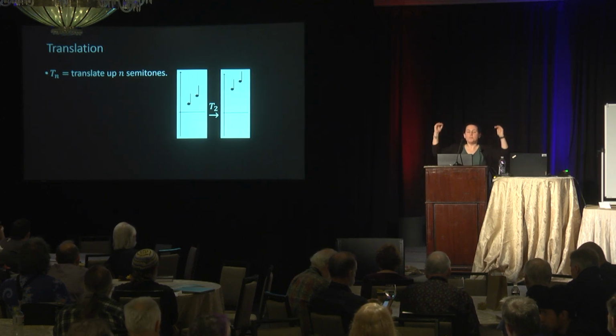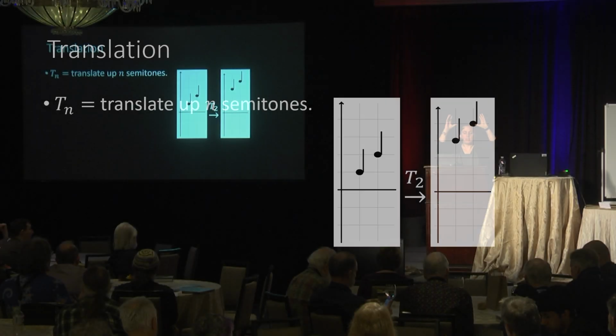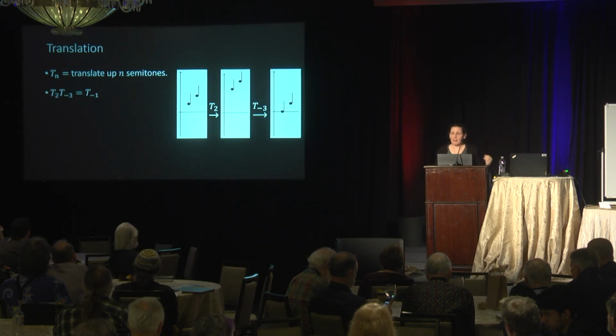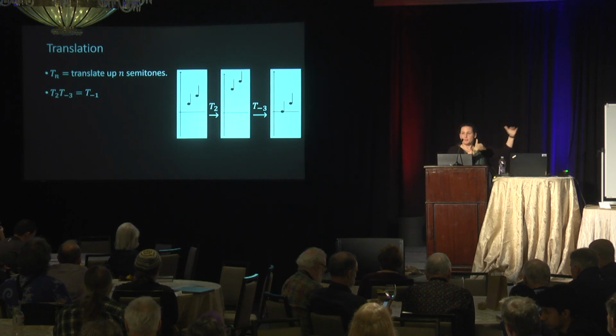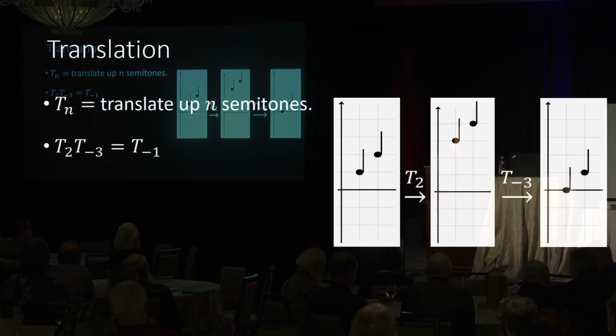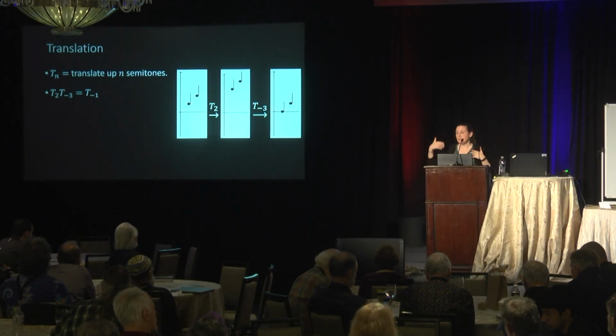So a translation, right? You move up or down a certain number of semitones. So here I'm showing you what I call T2, translate up 2 semitones. You just take your whole theme, just move it up that number of semitones. So if we combine translations, we can probably predict what we're going to get. Let's now do T minus 3. So you can go down 3 semitones. And of course, if you do T2 and then T minus 3, you've gone up 2, then you've gone down 3, so the net effect is you've gone down 1, right? So it's quite easy to think about how we can combine translations. You just get another translation. Okay, so great, we understand translations.